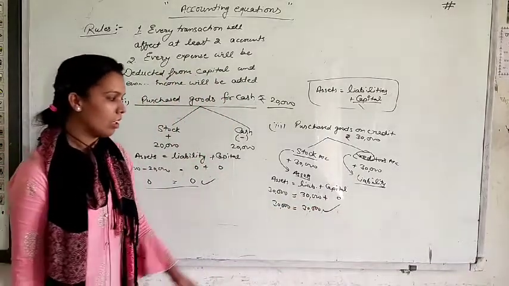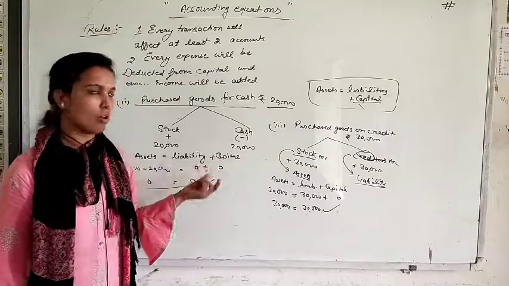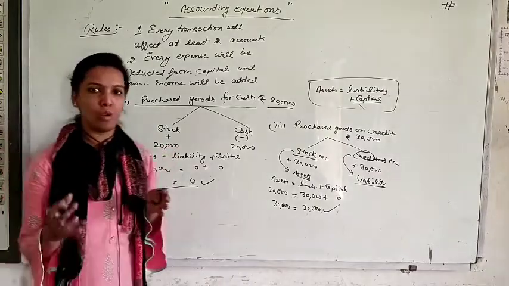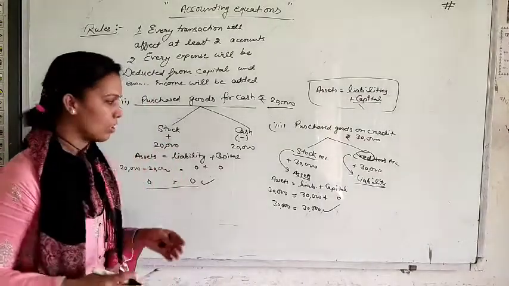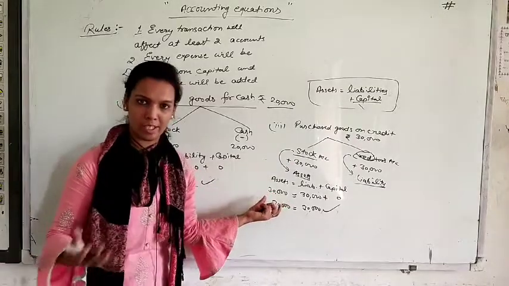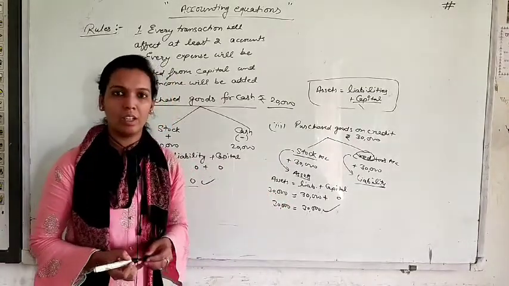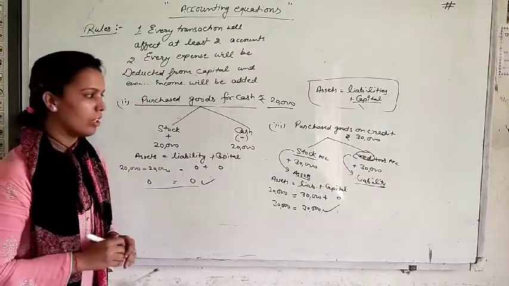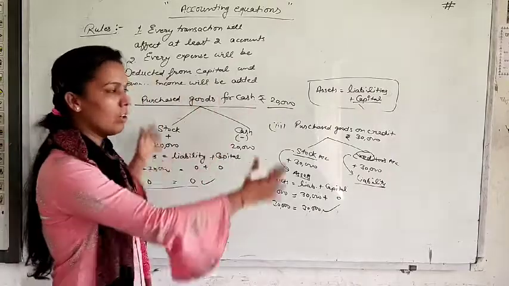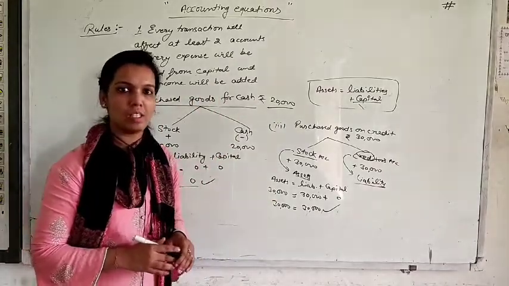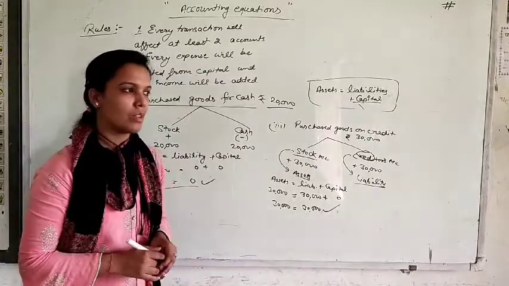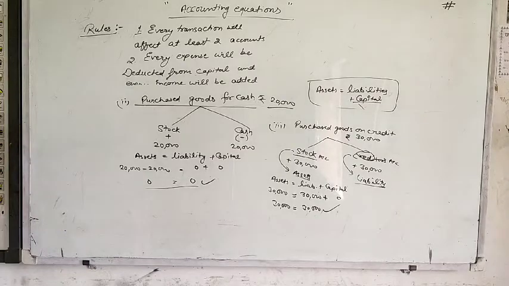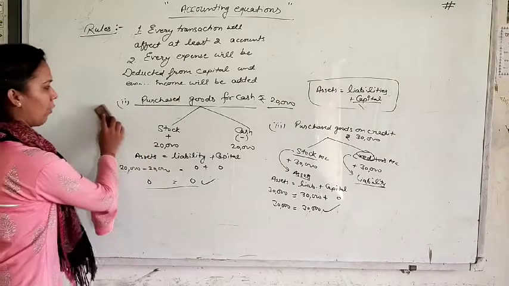This is the type of question you have to solve in this chapter. But the difference is that here I am telling you only a single transaction, in a rough way, for understanding how these transactions will affect the equation. But in the numerical questions of your book, we have to show these transactions in a format, in a statement. Like this transaction, we are solving 2 or 3 more transactions. After this we will start a question.